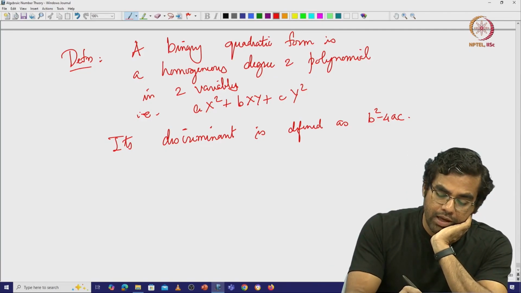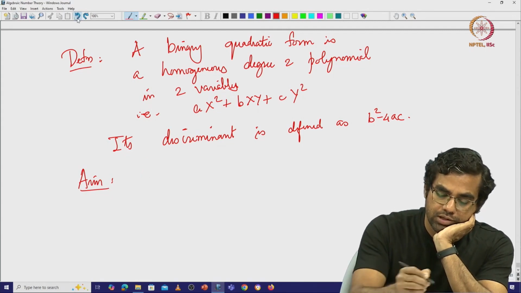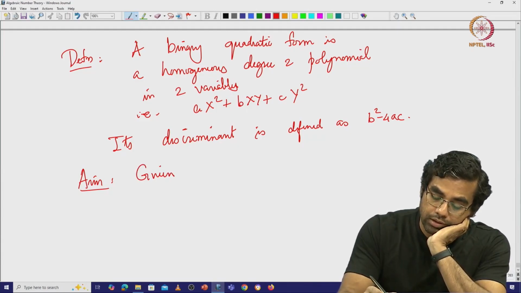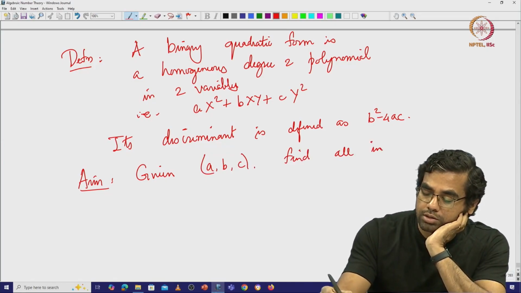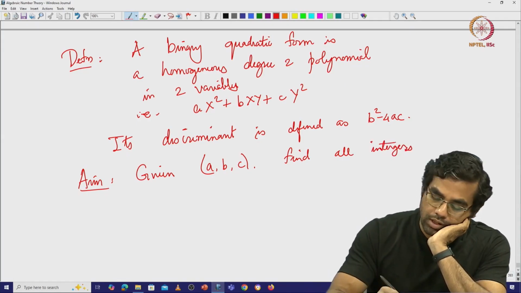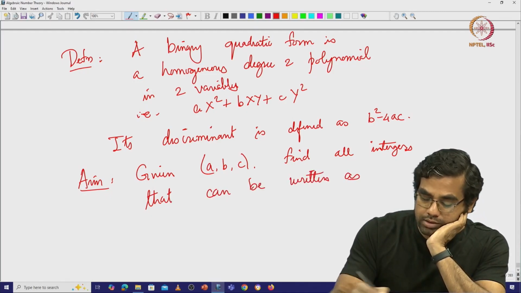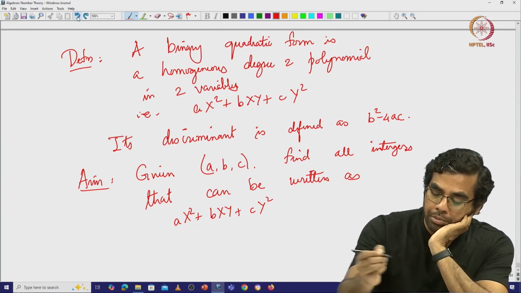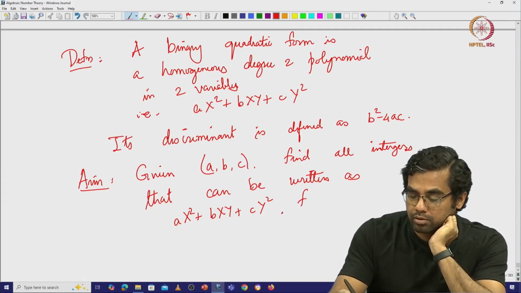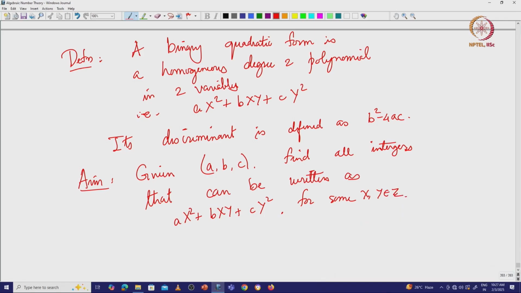All right. So one aim would be: given A, B, C, find all integers that can be written as Ax² + Bxy + Cy², for some x and y in Z. So, for example,